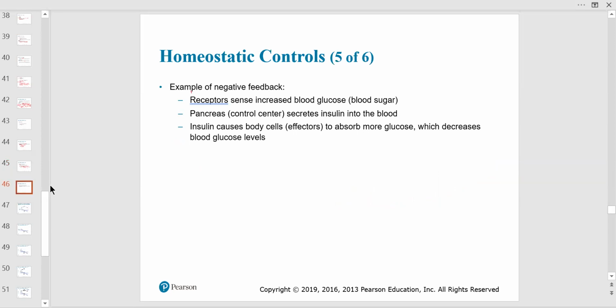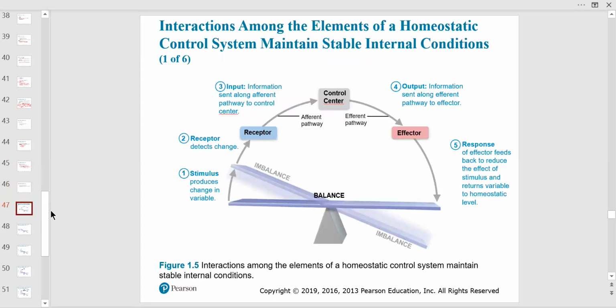So yeah, there are receptors, and the pancreas is the control center, right? And I don't know if they mentioned glucagon here, but of course, if your blood glucose levels are low, you're definitely not going to release insulin. You're going to release glucagon. We're going to go to our storage because we want homeostasis. It could be too low. Hypoglycemia is low glucose levels. Hyperglycemia is high. So that's a negative feedback. And it's kind of antagonistic with the hormonal release from the pancreas.